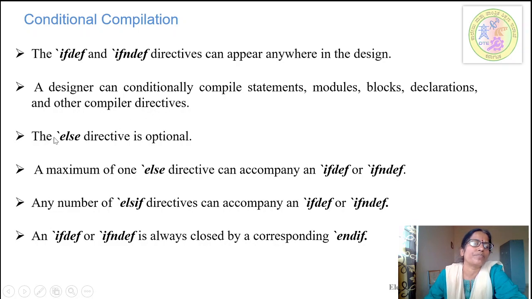The else directive is optional, and a maximum of one else directive can accompany an ifdef or ifndef, while any number of else if directives can accompany an ifdef or ifndef. An ifdef or ifndef is always closed by a corresponding end if.